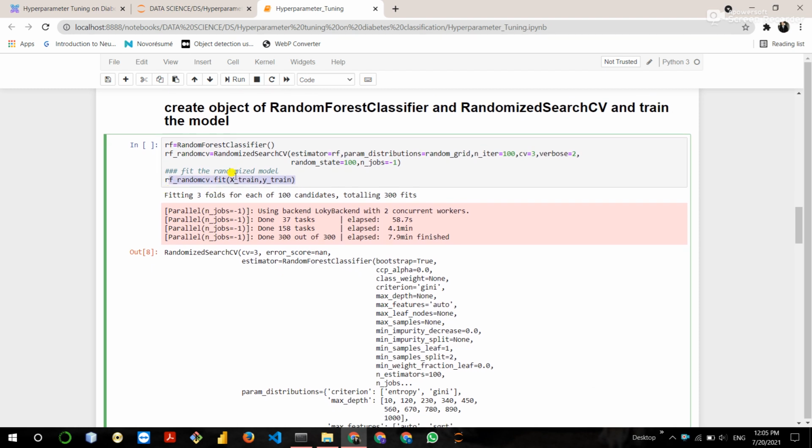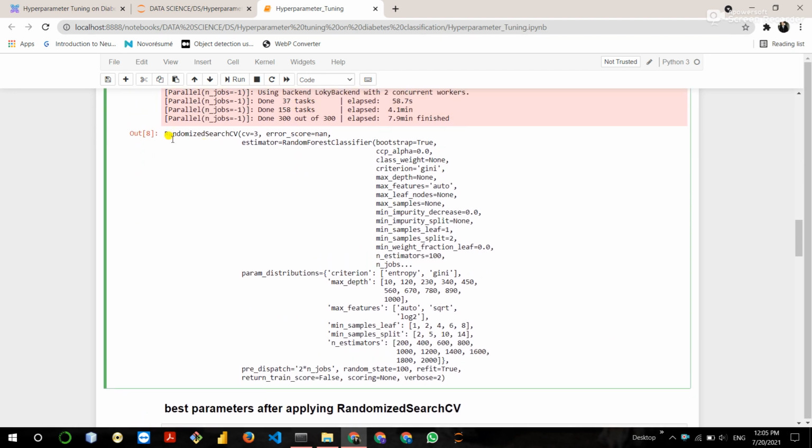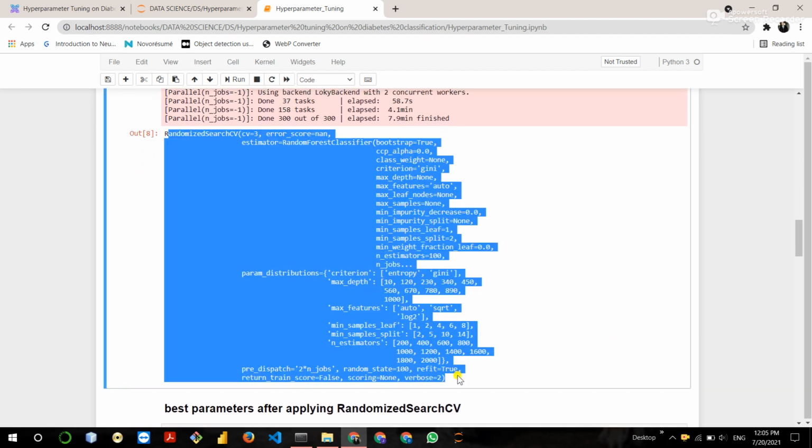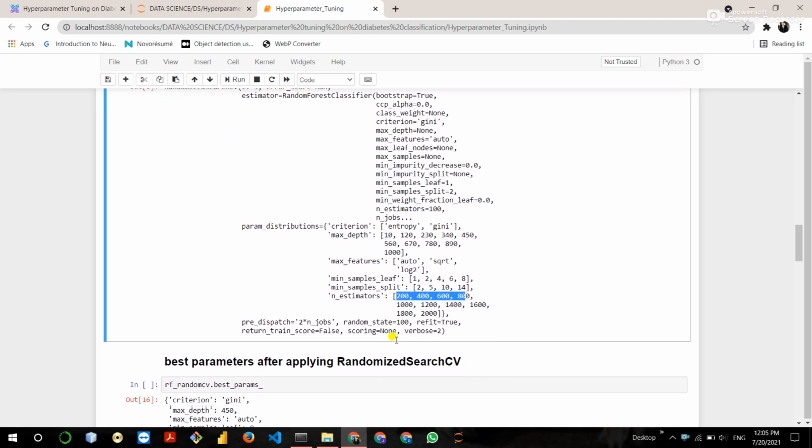Okay, so then the next step is to train the model using the xtrain and ytrain data set. You can see here our model trained with these different parameters.